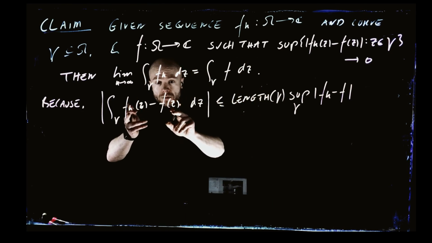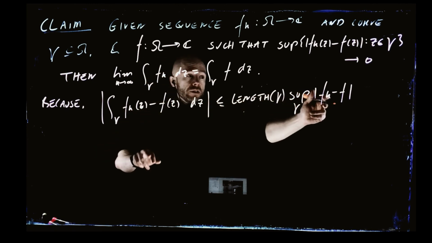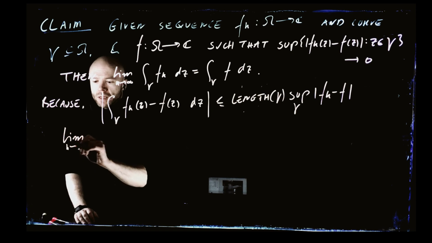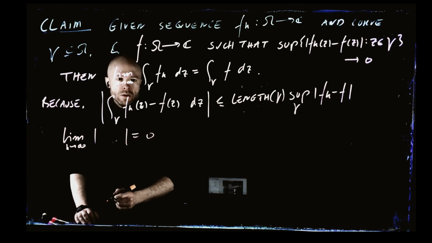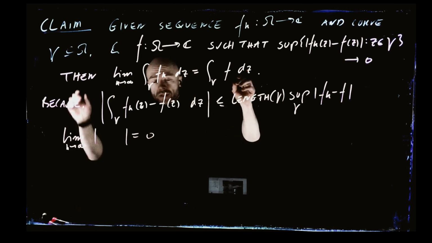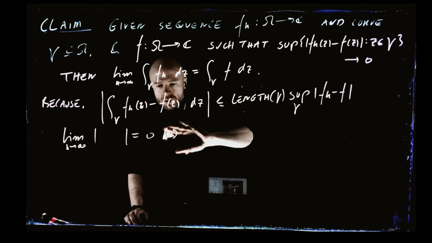So what's that saying? Since this is tending to 0, take the limit as k goes to infinity, all the stuff in the absolute value is equal to 0, and the absolute value is continuous itself, so that implies that